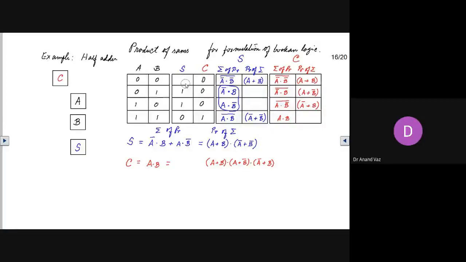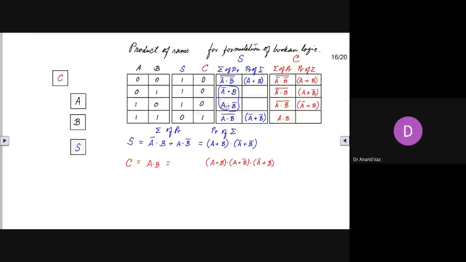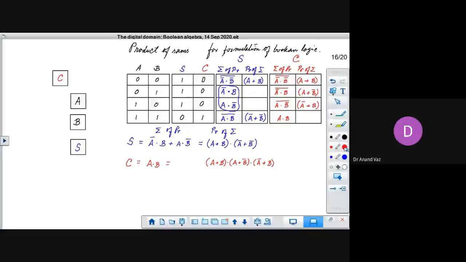This is not now corresponding to the half adder. It is some arbitrary example, just to discuss when to use a sum and when to use a product. Suppose we have here a 1 corresponding to this. It's just a hypothetical example that suppose you get this as the output when you have these as the inputs. So in this case, what is the technique that you will apply?